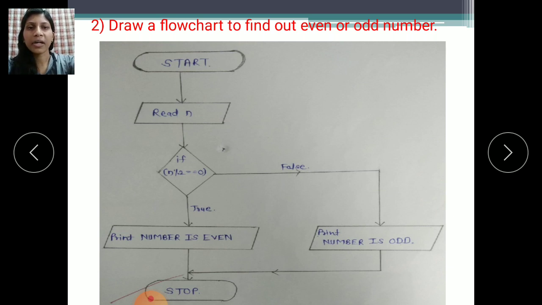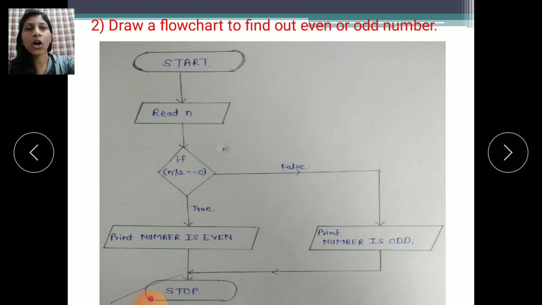If n % 2 is equal to 0, that means n divided by 2 leaves 0. N means any number, whatever input you are providing to the computer. If a particular number is divisible by 2 and its remainder is 0, then that number is an even number, meaning the condition is true.